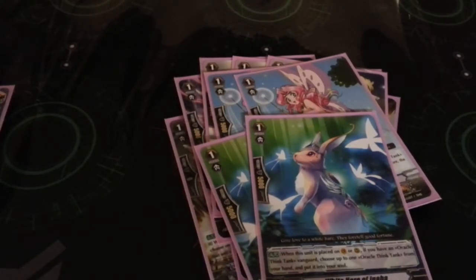White Hair of Inaba's skill is like Dream Painter and Nightmare Painter and all those cards. When it's placed on the Vanguard or Rear Guard, if you have an Oracle Think Tank Vanguard, you choose 1 Oracle Think Tank from your hand, up to 1, and put it into your soul. Now, there's lots of uses for that in this deck. As everyone knows, CEO has a Mega Blast. I'll go over that in a little while. But if you are in dire need of trying to get the Soul Charge off to get the Mega Blast, you can use